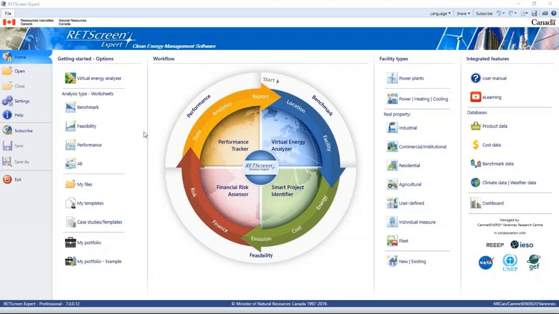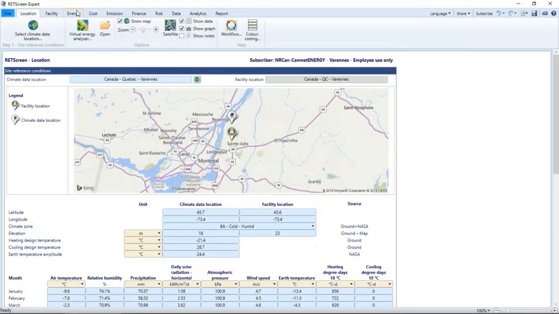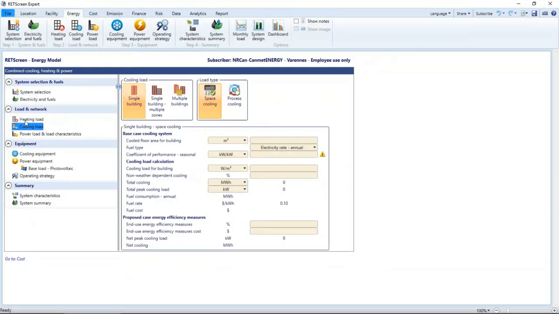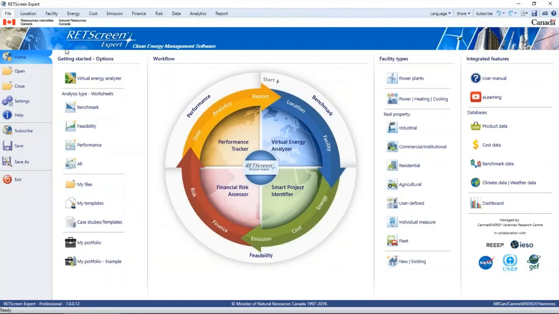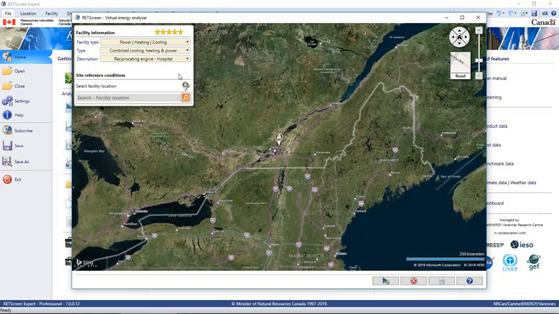There are many ways of starting a feasibility analysis with RETScreen. By clicking on feasibility or power, heating, cooling, a blank analysis is going to open. For the purpose of this video, I prefer to use the Virtual Energy Analyzer. The VEA is going to provide me with a built-in example that I could modify as needed to fit my